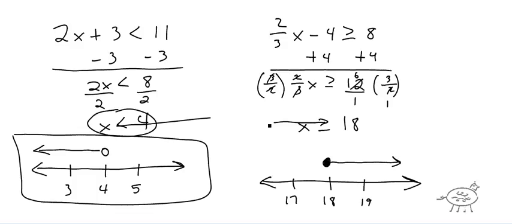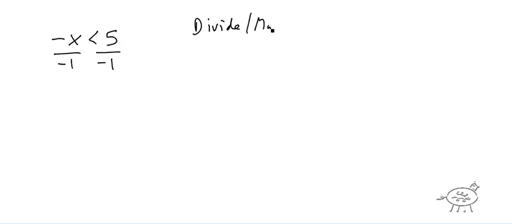So those are basic inequality problems. So I said there were two differences between equality and inequality. One is you have to graph it. The second is as follows. If you ever have a negative, so let's just start out with negative x is less than 5. If you divide by -1, or if you divide by a negative, so let's just write this out here. If you divide, and actually or multiply by a negative,